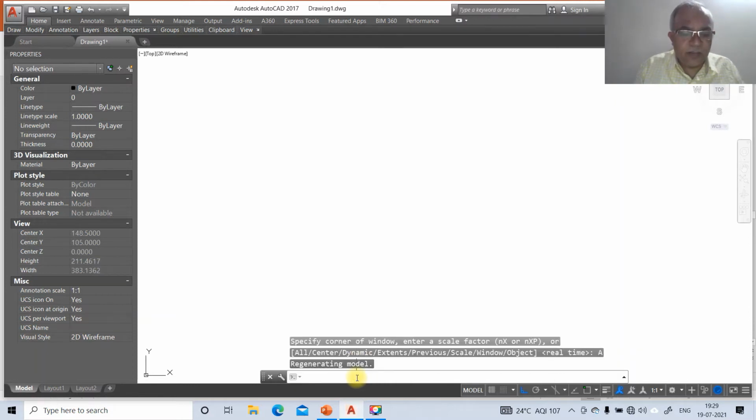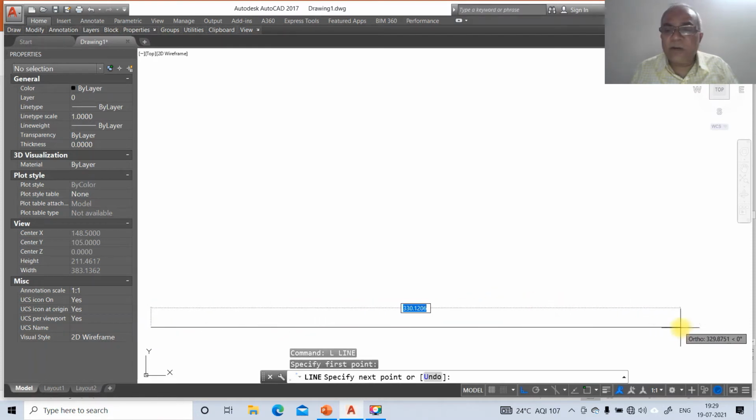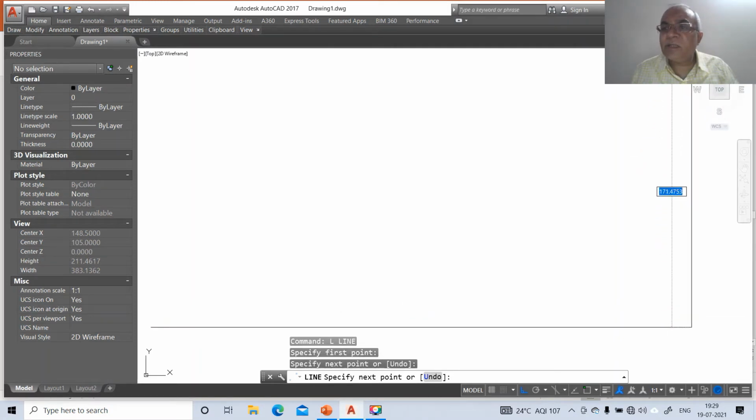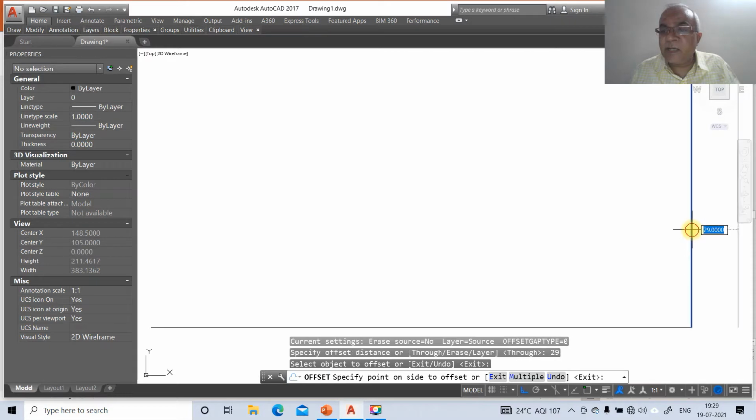Then zoom all. Now first go to the line command, take some arbitrary point, click the first button of the mouse and drag the mouse towards the right side. Click again, take some distance and click, and then go to offset. Take the distance as 297. Select this vertical line and